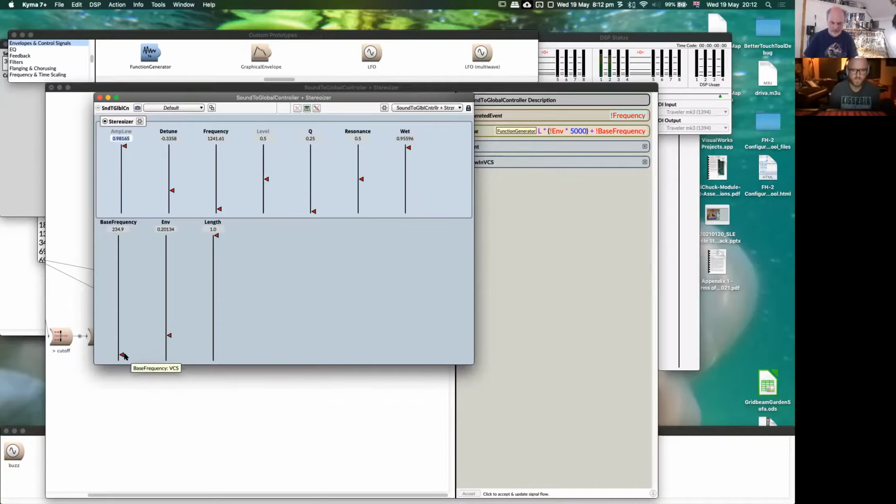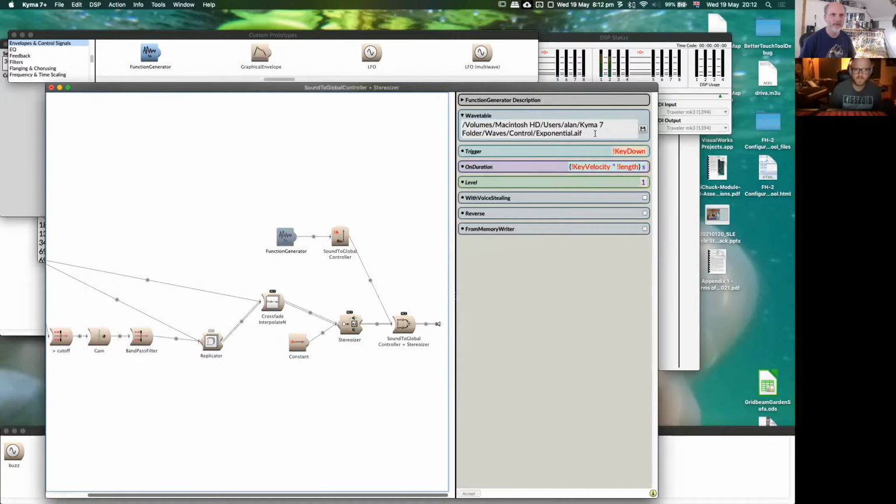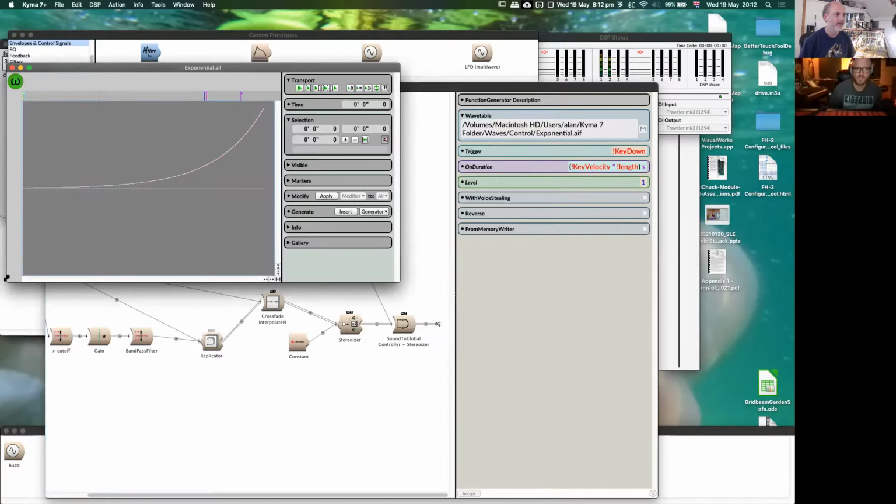Okay, now if we hit the keyboard, oh, I think it's going down. This function generator goes down, not up. Let's see the wavetable. To see the wavetable, we press, there's reverse. Control click that. Command click.